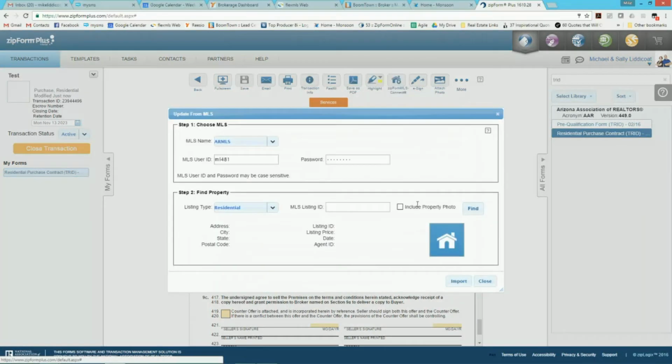When you click on that, it opens up a screen. It automatically fills in your user ID and your password that you set up previously. You choose over here what kind of property you're doing, whether it's a residential, a rental, lots of land, whatever. You have to choose the right category for it to work. And then you have the MLS ID number of the property that you're going to write the offer on. So our MLS ID number,